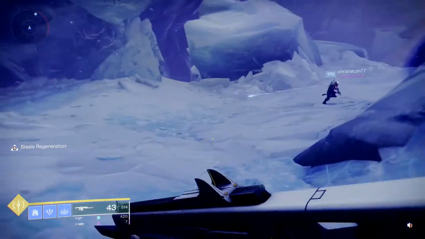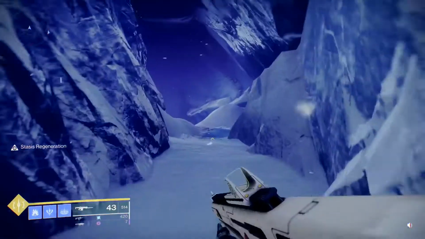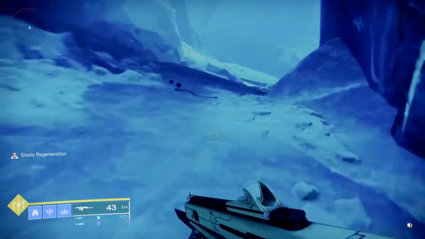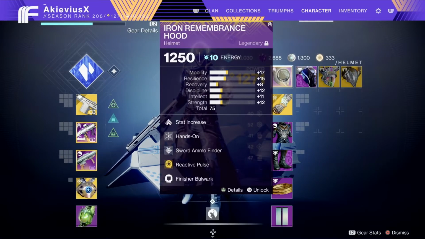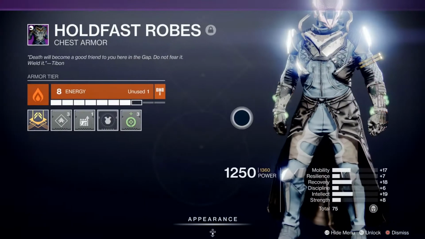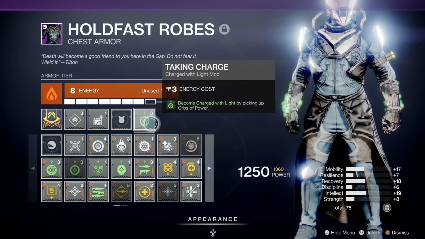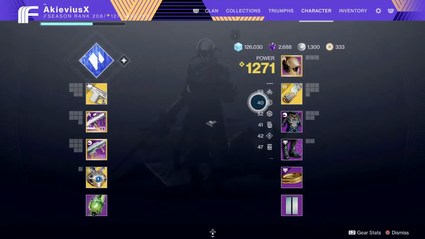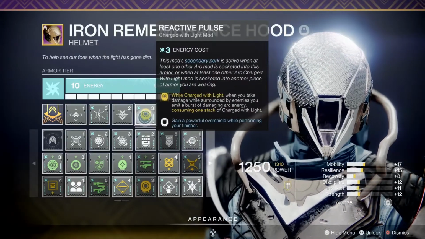Now another thing that you could do that I find very interesting is you could create basically a type of Warlock build that's really centered around add clearing. Now what I did was I just had one armor that's taking charge, right? So become charged with light by picking up orbs of power. So any one of your armors, you can have one of these, right? And the only thing that I really did was I kind of wanted to put this one here, the reactive